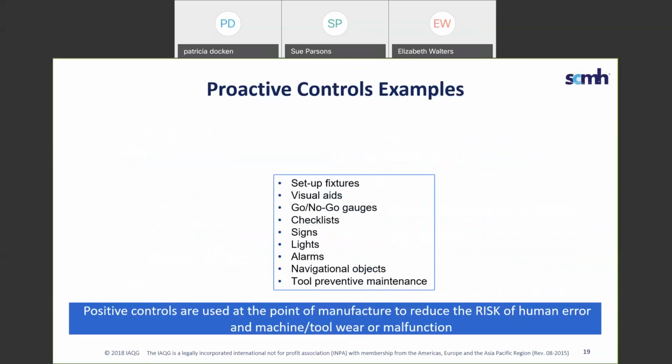Let's see, we want to avoid defects that are caused by inadvertent human errors. We want to use proactive controls wherever possible to build quality into the process in order to prevent defects from being produced, which is our error proofing, or to detect errors to prevent the defects from being passed on, which is our mistake proofing.